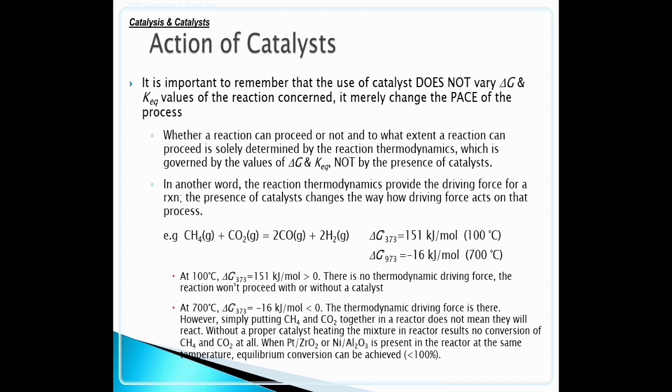At 700 Celsius, delta G at 973 is negative 16 kilojoule per mole, less than 0. The thermodynamic driving force is there, however, simply putting CH4 and CO2 together in a reactor does not mean they will react. Without a proper catalyst, heating the mixture in reactor results in no conversion of CH4 and CO2 at all. When platinum and ZrO2 and nickel aluminum oxide is present in the reactor at same temperature, equilibrium conversion can be achieved less than